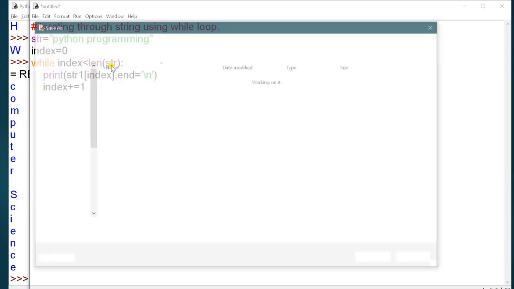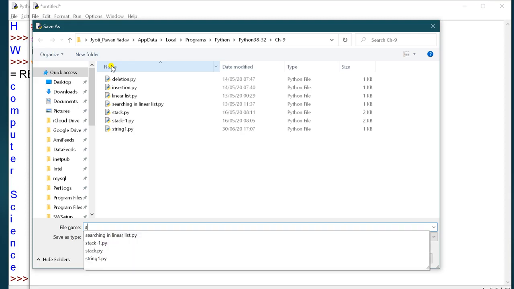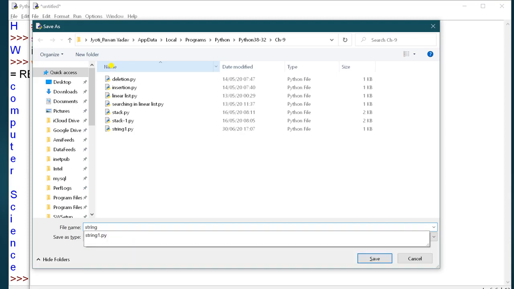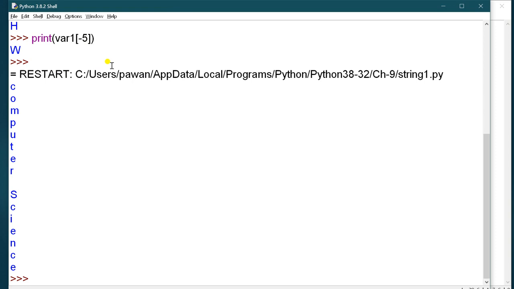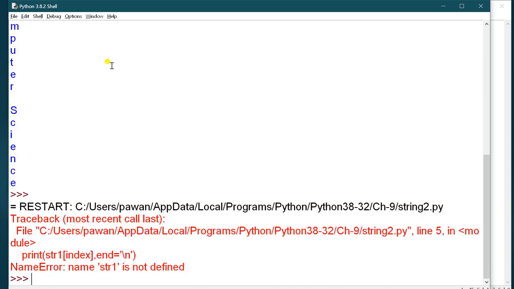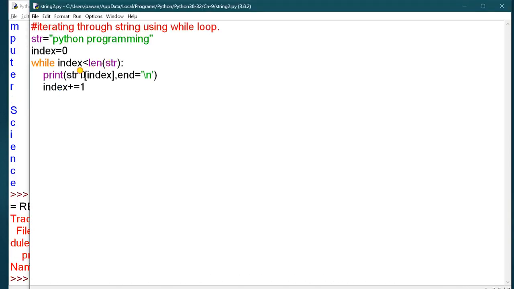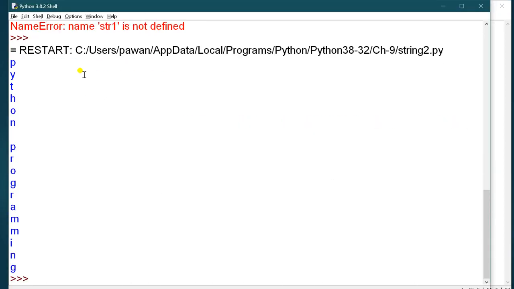Now you have to save the file. This is str only. Now run it. So it will give you Python programming.